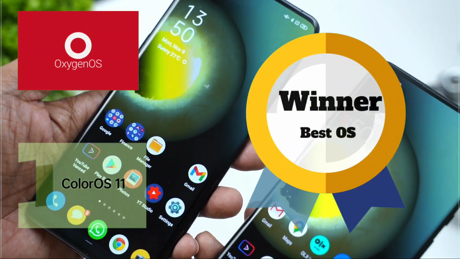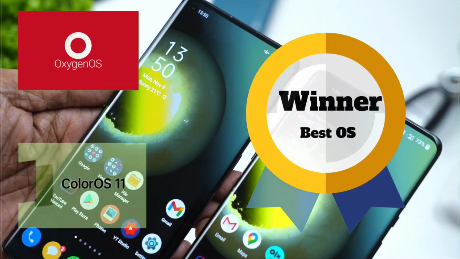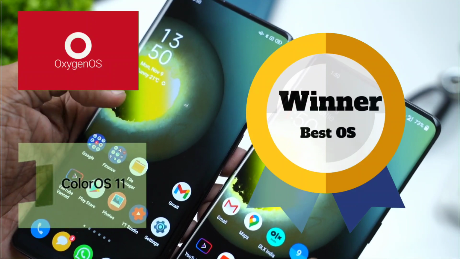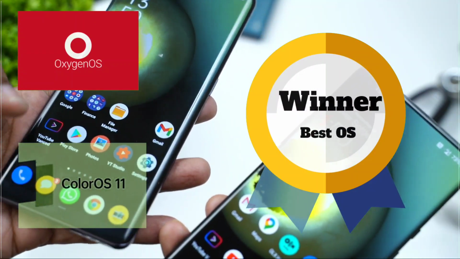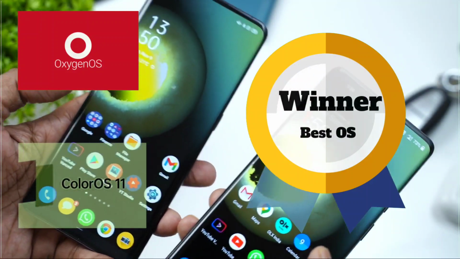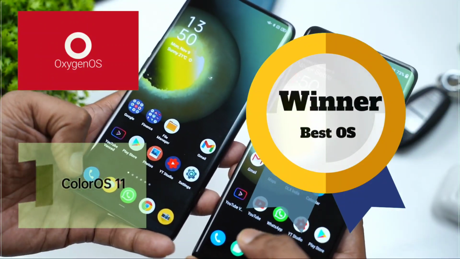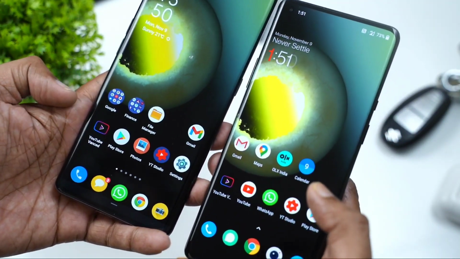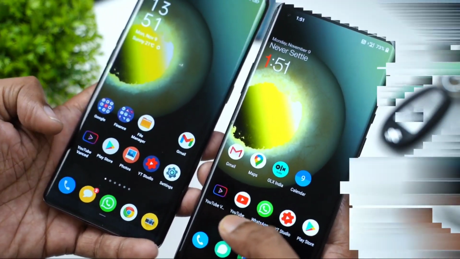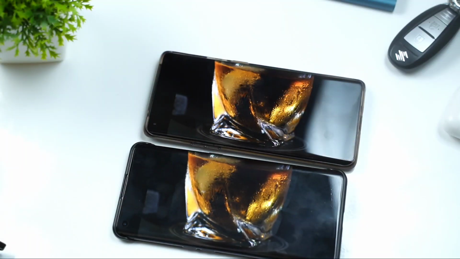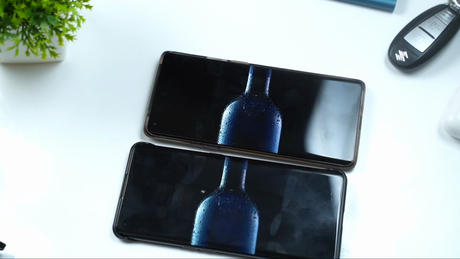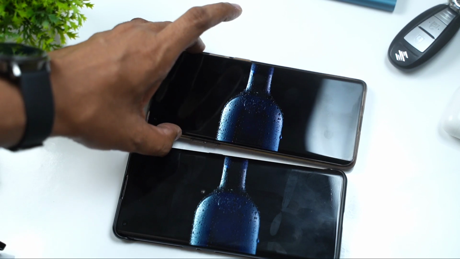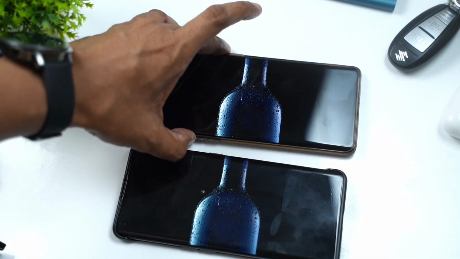But the only differentiating factor between the two devices is mostly the software point of view, whereas OnePlus has always been adhering to a stock Android feel, whereas most of the other devices from BBK Electronics, be it Vivo or Oppo, go for the typical Chinese software layout, that is copying the Apple software look and feel. But recently I saw that ColorOS 11 has gone for a complete makeover and it is now as close to Oxygen OS in feel, performance and fluidity.